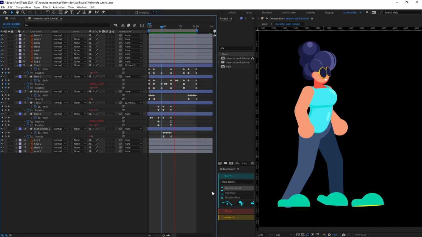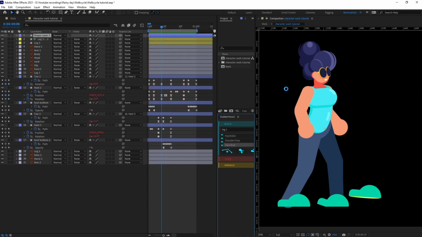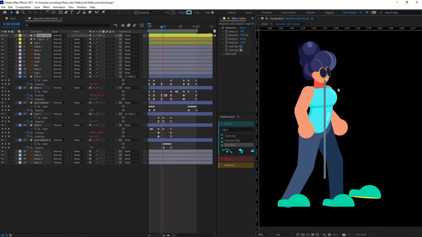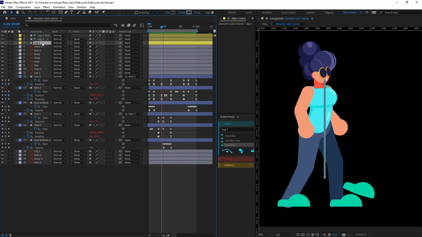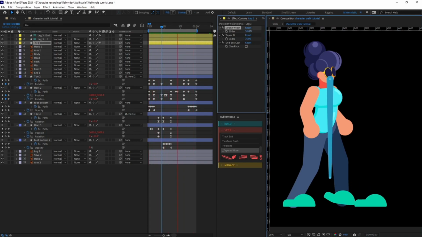Okay, as both the foot animations are done, now turn on the Rubber Hose plugin and we are going to add the limbs for legs. So let's name it leg 1 and let's select the start and end and add a hose over here, and select this hose layer and apply a style. This underscore tapered hose, apply it, and let's just change the settings a bit.